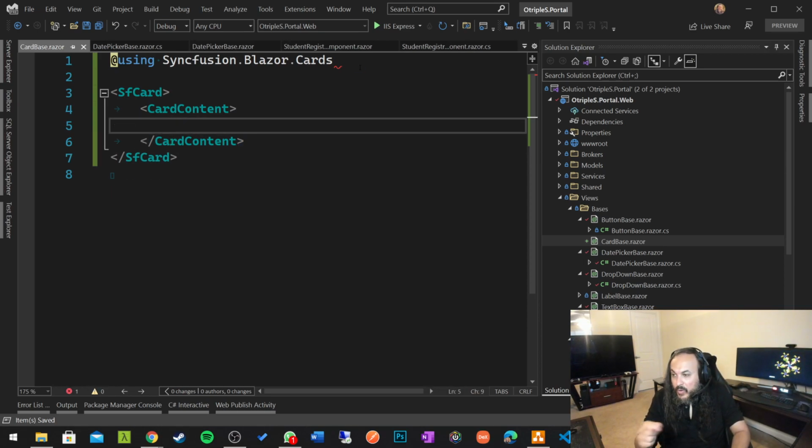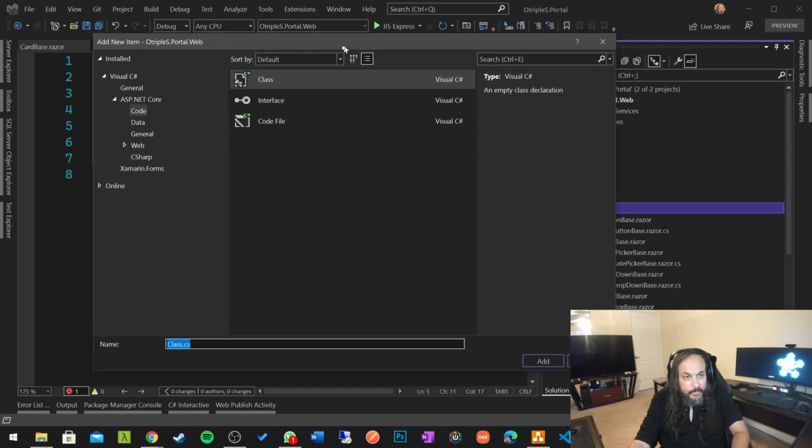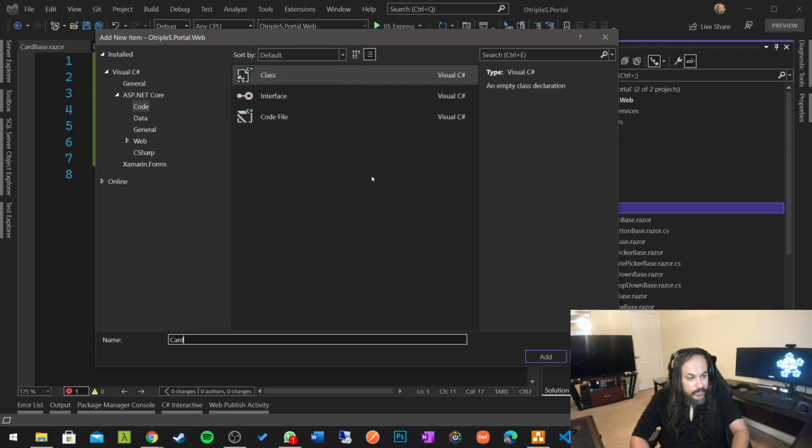And inside this, I want to pass in a render fragment as a parameter. So how do you do that? I want to build something that's abstract, but at the same time I want to containerize it so it doesn't take over another component. This is what I'm really trying to do. I don't want it to take over another particular component in my system. So how do you go about doing all of that? This SF card, you can pass in something called content. And this content will be an input parameter that I'm going to pass in there. So I'm going to go up in here and say card base